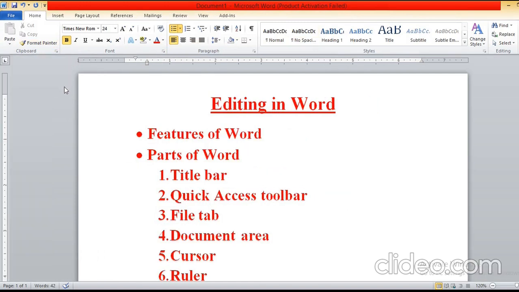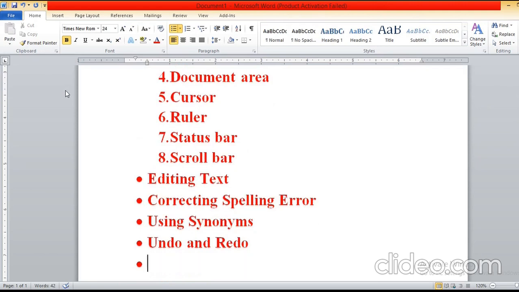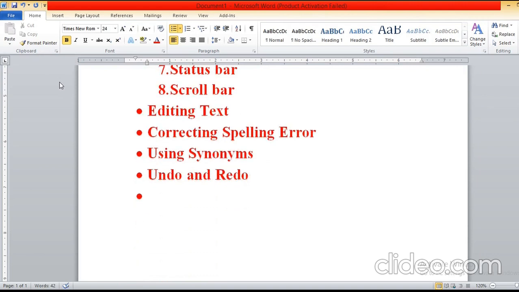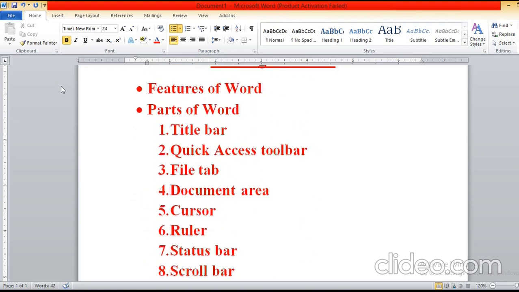Next, we are going to discuss in this chapter editing text. Editing text means if you want to make changes in your existing document, which you have created earlier, that is called editing.